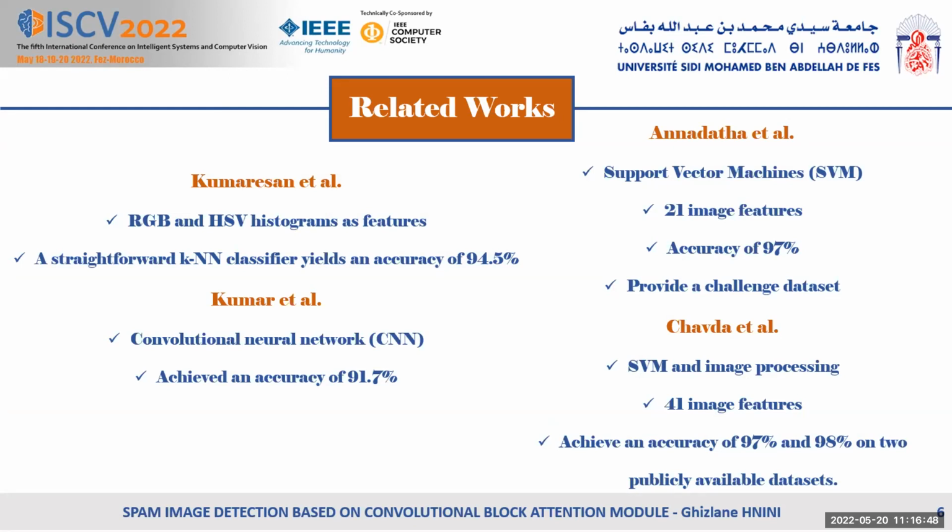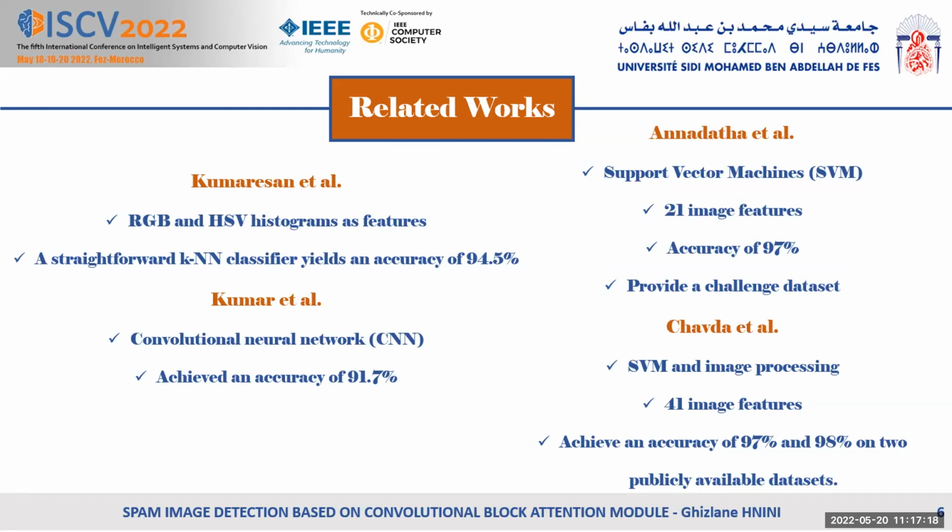There is also Kumar et al.'s work. They proposed a deep learning-based approach for image spam detection using convolutional neural networks, which uses a dataset with 810 natural images and 928 spam images for classification, achieving an accuracy of 91.7%,